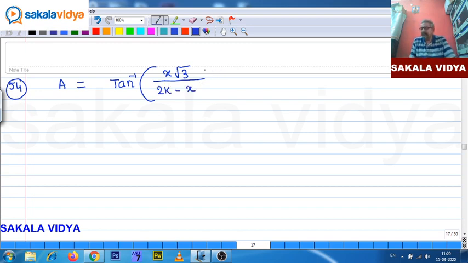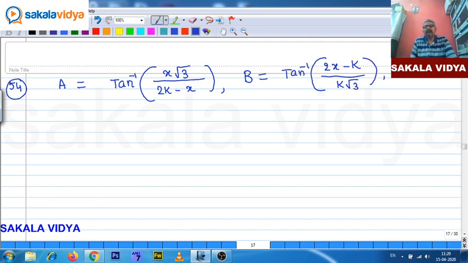B equals to tan inverse of 2x minus k upon k root 3. Then A minus B equals to,